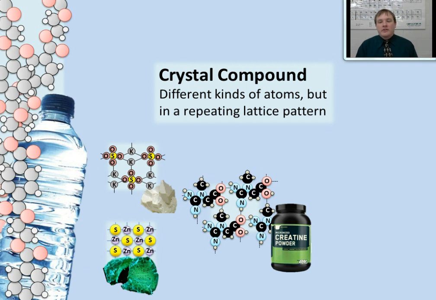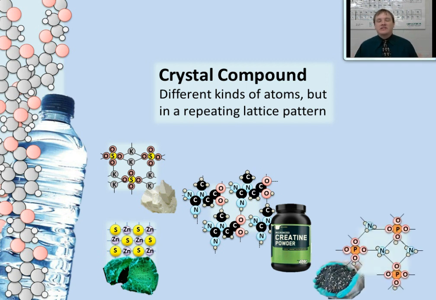Another example of a crystal compound would be this substance that we looked at before, ammonium phosphate. And ammonium phosphate is a crystal compound because it makes up a repeating pattern of 2 different kinds of molecules, phosphate and ammonia, but also this substance has different types of atoms. Phosphorus, oxygen, nitrogen, and the little hydrogen atoms all make up this substance. It's a crystal compound, one building block of matter, different types of atoms.